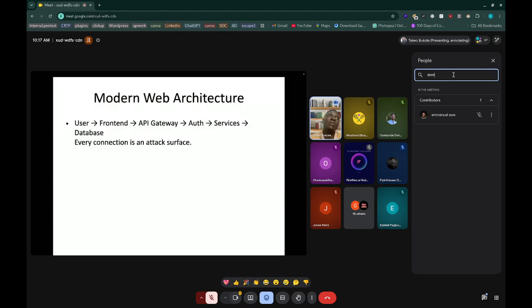So as of today, the normal layer is this. The front end collects the inputs. It's passed through an API gateway. There's an authentication server or service before moving to the services that route all the processing and move into the database. And from all these points, there are various places where there can be a security breach, from the front end to the API gateway, to the authentication service itself, the other logical services, and even the database. There are different security risks in each of them.